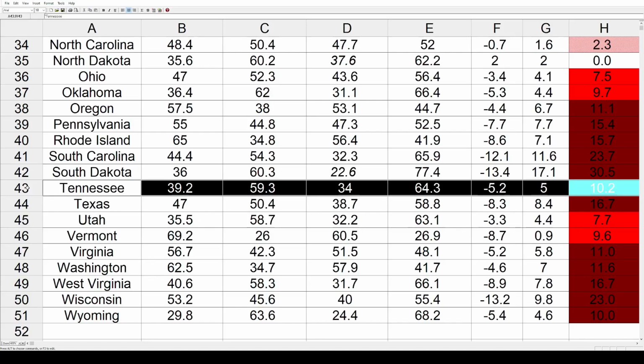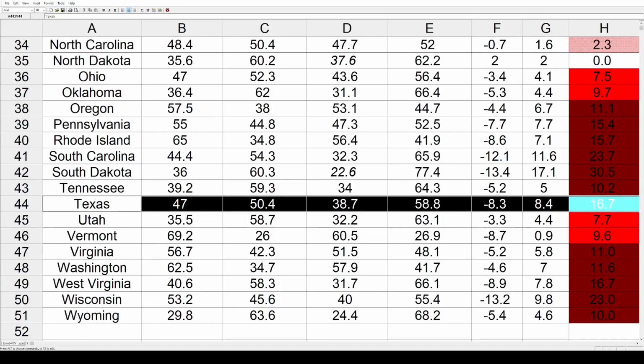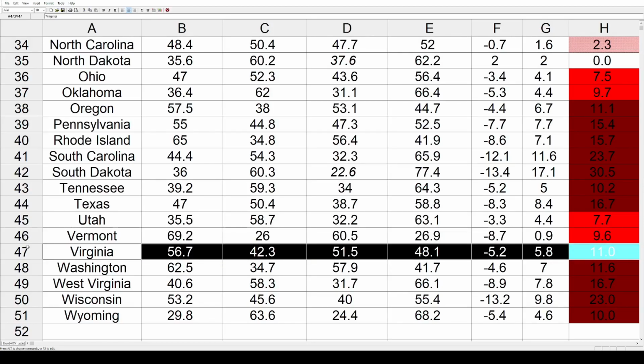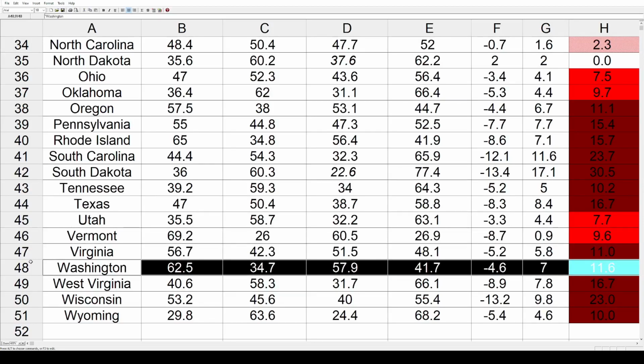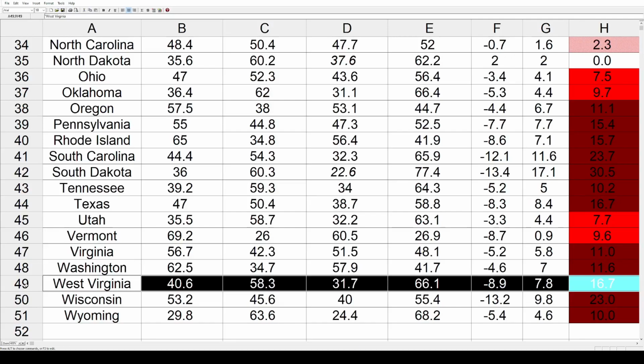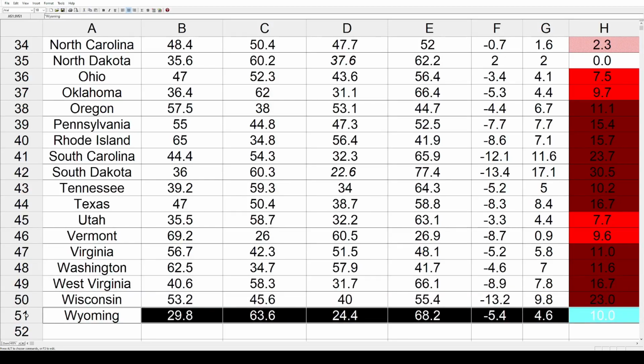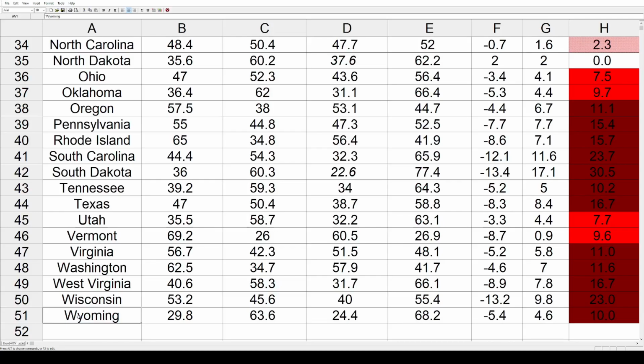Tennessee 10.2, Texas 16.7, Utah 7.7, Vermont 9.6, Virginia 11%, Washington 11.6, West Virginia 16.7, Wisconsin a big 23%, and finally the last state is Wyoming, that went an even 10% away from the Democrats and toward the Republicans. So those are all the states and all the shifts, and as always we could do one more thing with